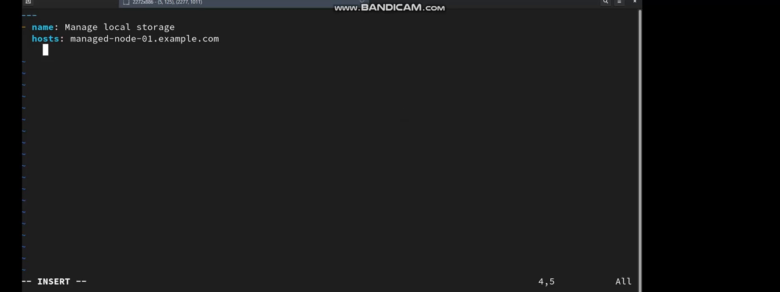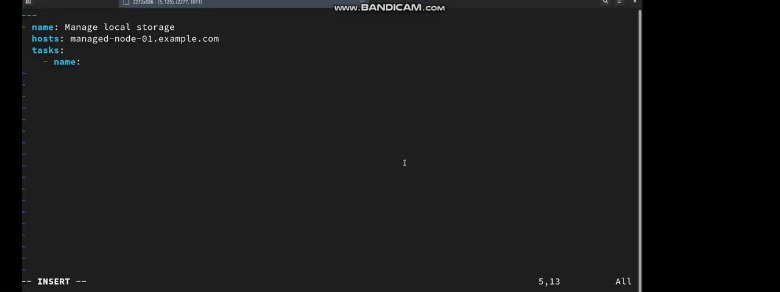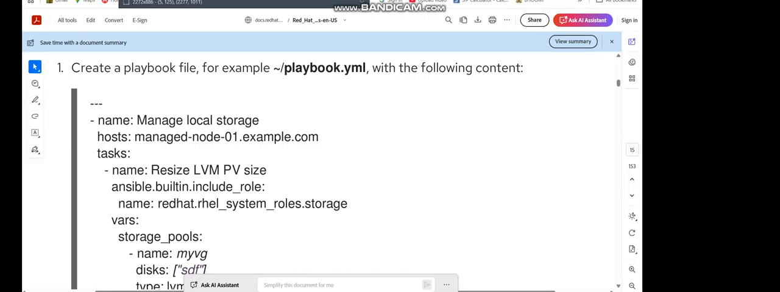Tasks. What are the tasks? Hyphen, name: what is the name of the task? Resize LVM PV size. Then ansible.builtin.include_role: